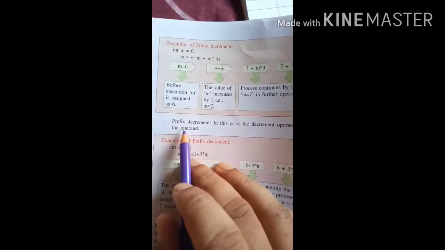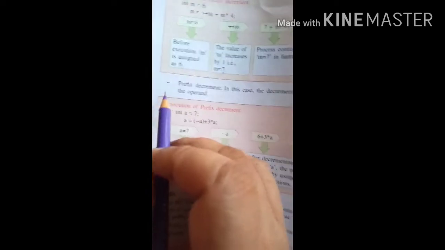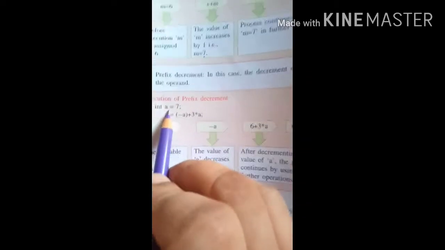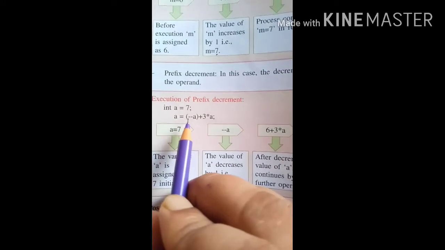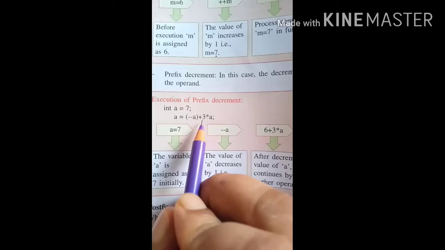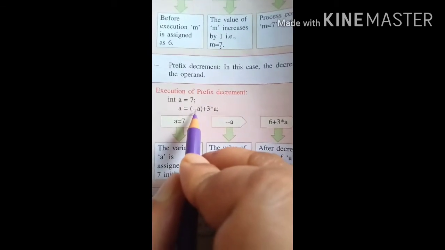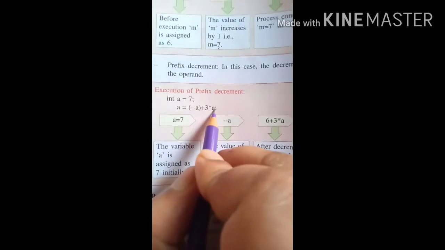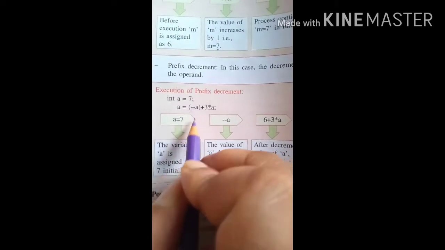Same as prefix decrement. Now you understand the decrement operator. In this case decrement operators are written before the operand. For example, a equal to 7. a = --a + 3 * a. So in the beginning, before the calculation starts, a will change into 6.